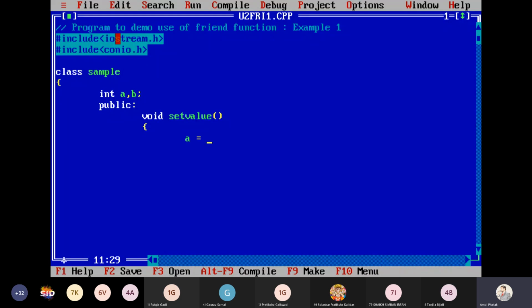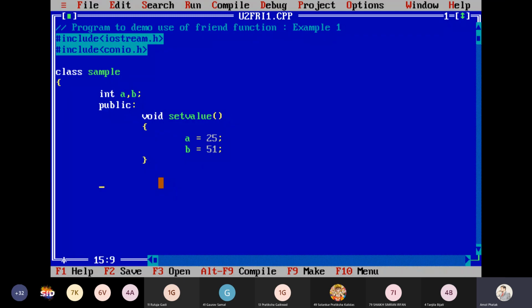Here we have the choice whether you want the user to send this value, or declare it directly. As an example, I declare it directly here: a is equal to 25 and b is equal to, suppose I take it as 51. Suppose I want to take these values from the user, I need to take x and y here and assign a is equal to x, b is equal to y, so the user will pass this value. We'll do it afterward. Let us complete the program first.